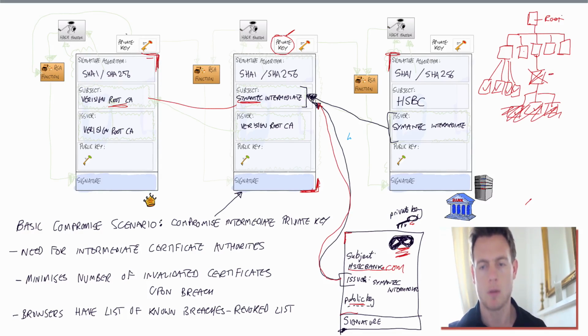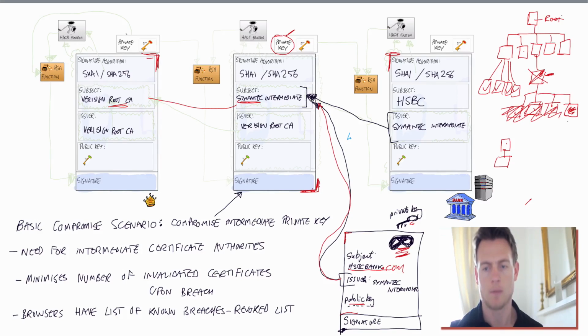And when this certificate is corrupted, a notification will be sent out, and eventually browsers around the world will get an update saying that this intermediate certificate is on a revocation list. Unfortunately for these poor people down here, their websites will need new SSL certificates, because when the browser, let's say this browser here, in Internet Explorer, is going to